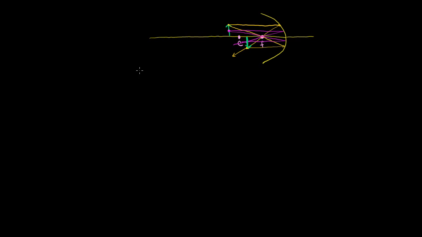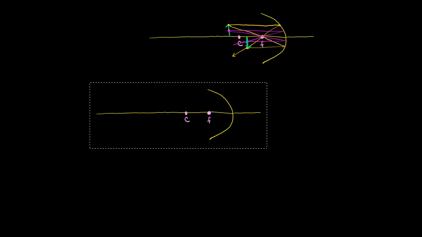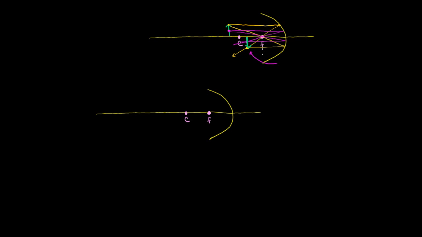Now let's do a couple more examples. Let me just paste my drawing so I don't have to redraw it. Let me write it here, just so we can keep track of things. Here the image is real and smaller than the actual object, when the actual object is beyond the center of curvature. And actually, let me make it a little bit clearer by drawing